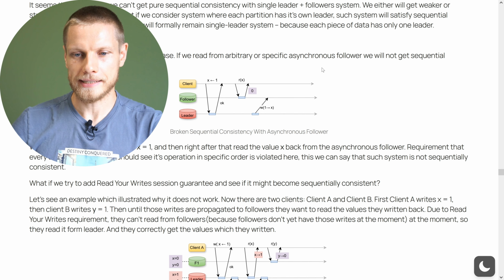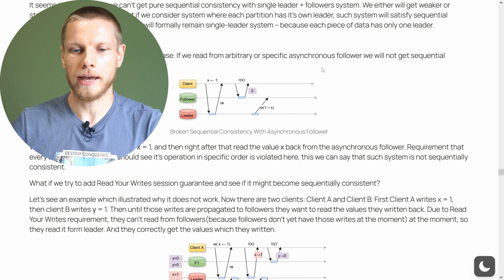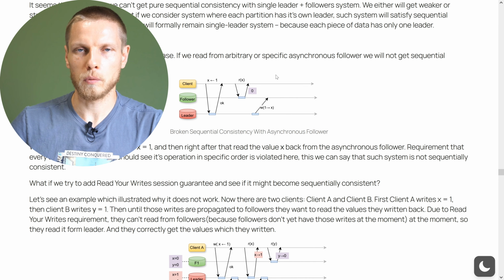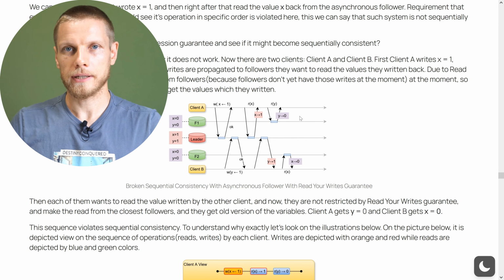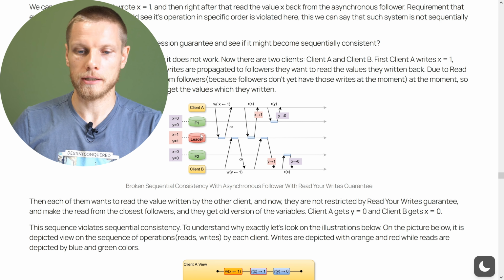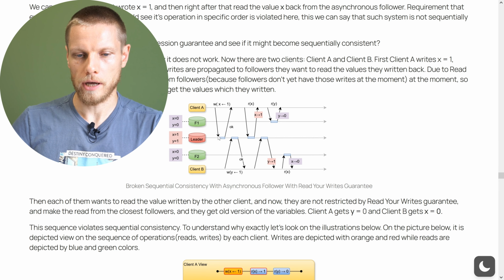In that case, this example would satisfy the sequential specification, but let's see a more tricky example where it would not help us. This example illustrates the scenario with two clients, two followers, and a leader. Assume client A wrote 1 to X on the leader, then client B wrote 1 to Y on the leader, then client A reads X and client B reads Y. And assume that those reads went to the leader